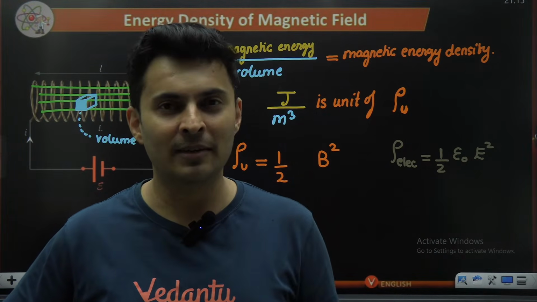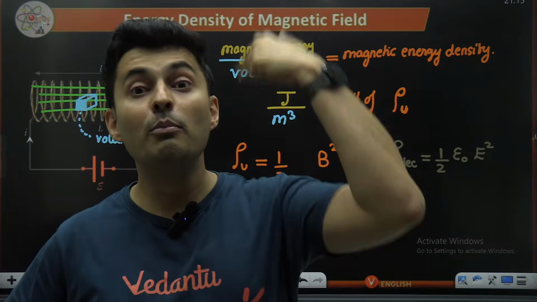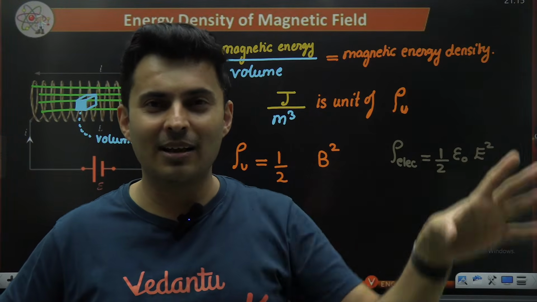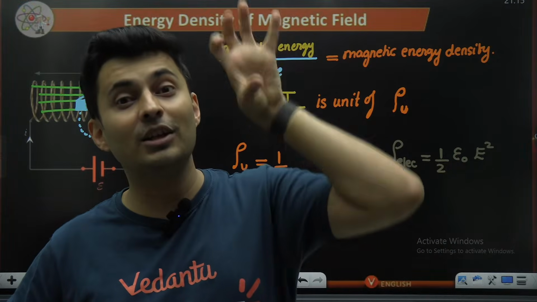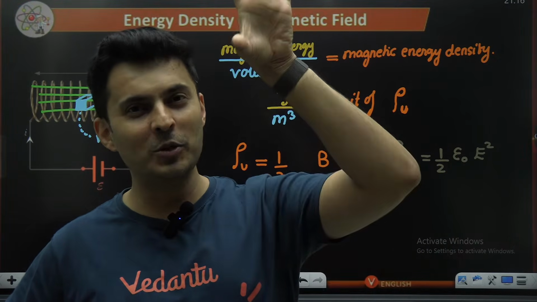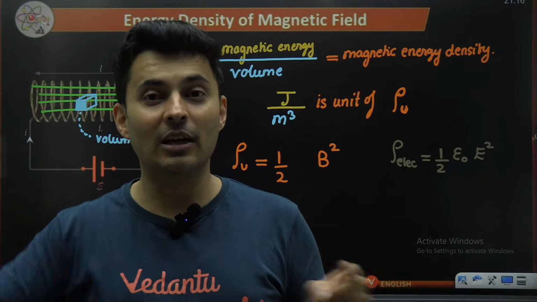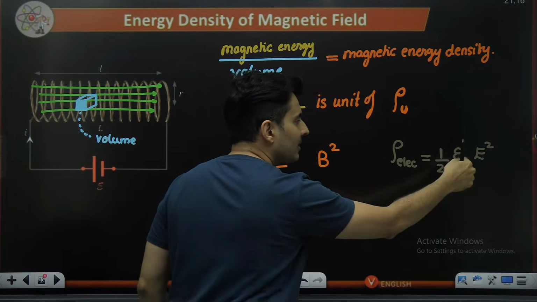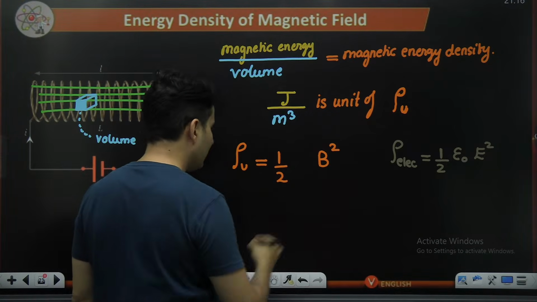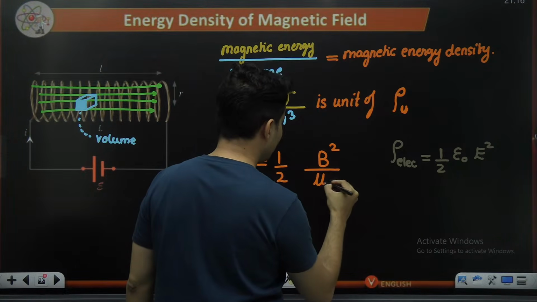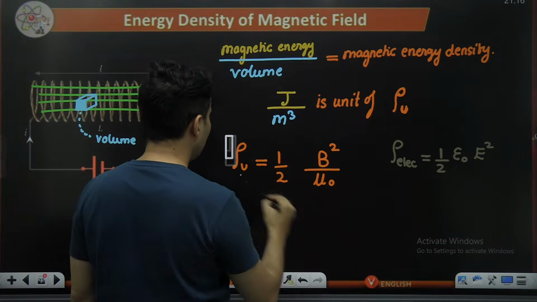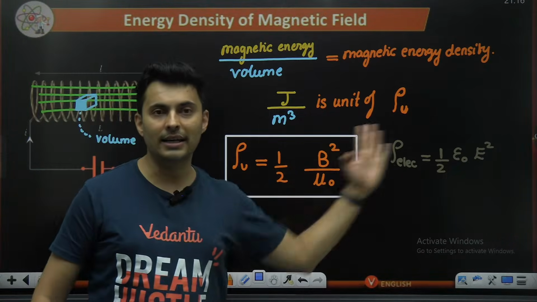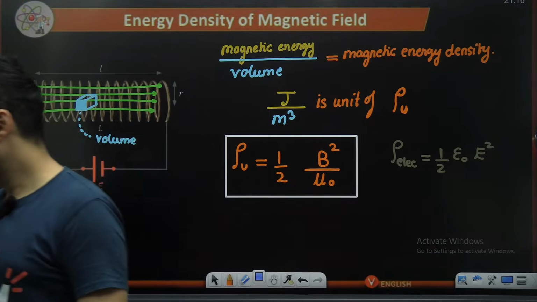Permittivity was in the denominator. For magnetism, what was it? Mu naught by 4 pi, I dl cross r by r cube. Do you see permeability was there in the numerator? So permeability in the numerator, permittivity in the denominator. They are always opposites. So same logic if you apply here, this epsilon naught was in the numerator, here it should be in the denominator. So you will see mu naught over here. So this is the magnetic energy density formula, which is very, very easy now to relate with electricity. Is that absolutely clear?